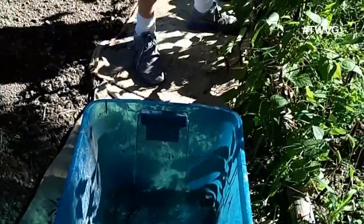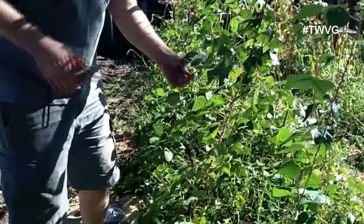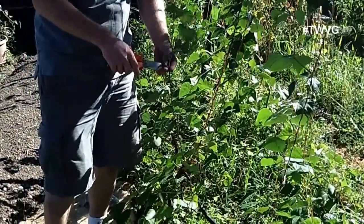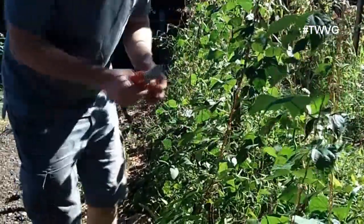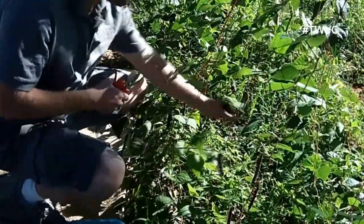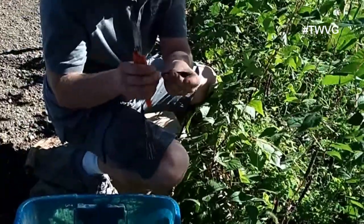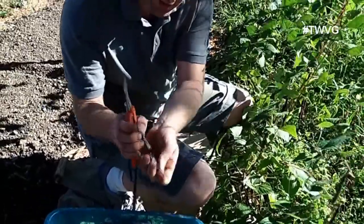Now another thing you want to do when you're harvesting these beans, or any beans for that matter, is get a good pair of snips or scissors, because here's the problem. This one's ready. I'll start tugging on this. It will pull the plant. If there's other flowers that are trying to be put on, it will pop those off. It's just a whole lot easier to snip the beans off. And see, this one here is already in the drying state. You can already tell that it's drying out just from that